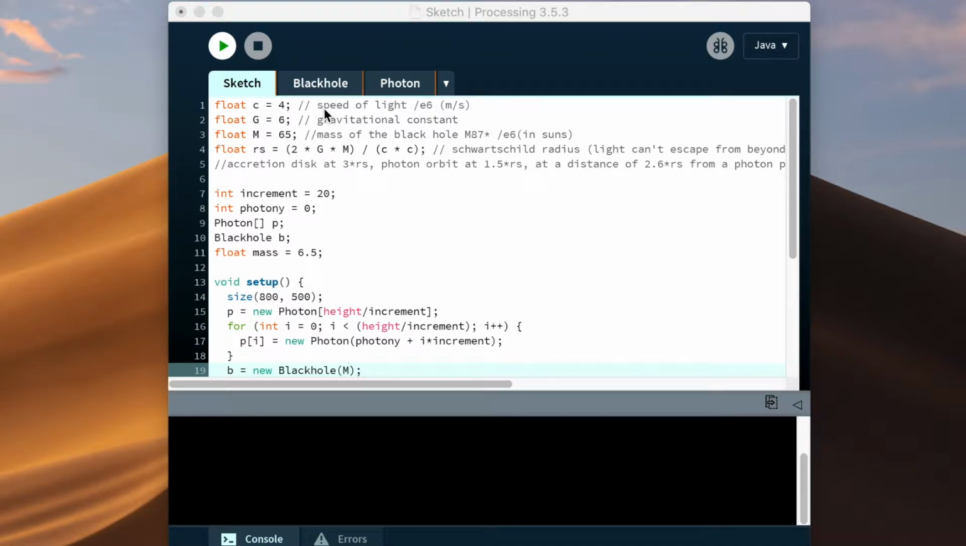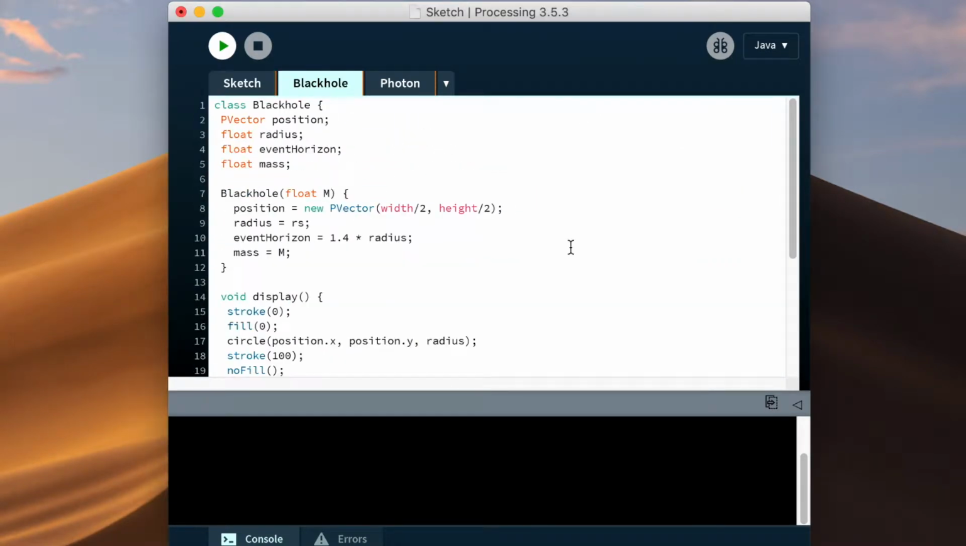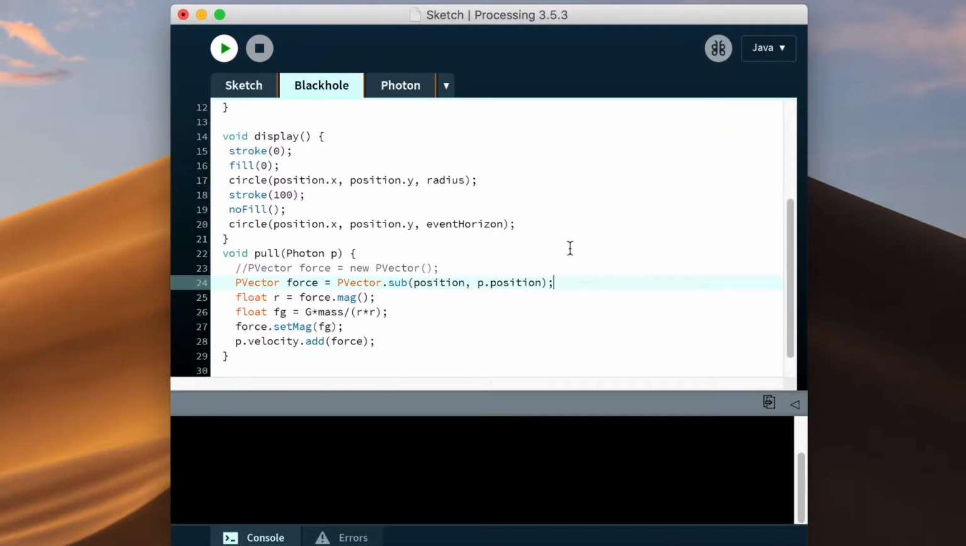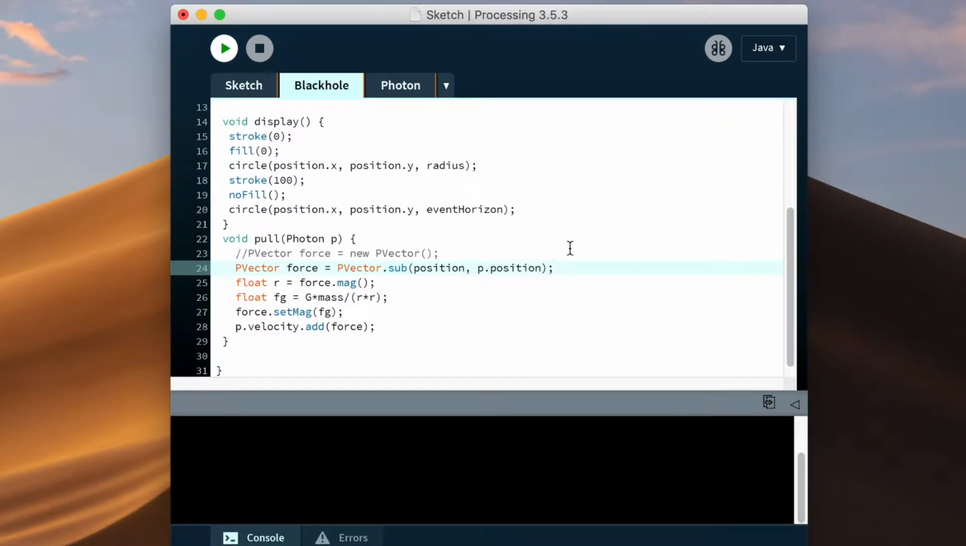I spent ages, and I mean ages, trying to get the gravity to work in my code, and it just would not happen. So I've completely refactored the code. Now it's object oriented. We've got the black hole object and the photon object, and then we create them in the sketch file. Basically, we have an array of photon objects, each with a y position, and a black hole object with a mass. Inside of black hole, we have a pull function, which is our gravity pulling the photons